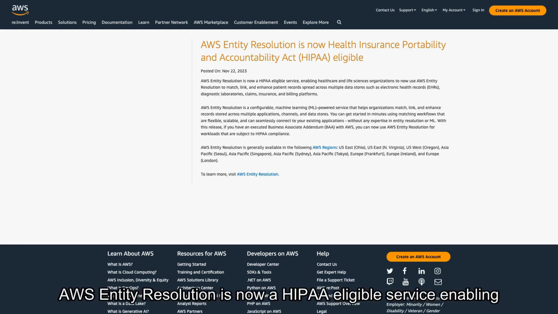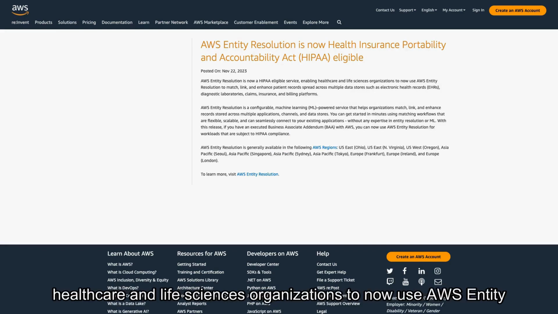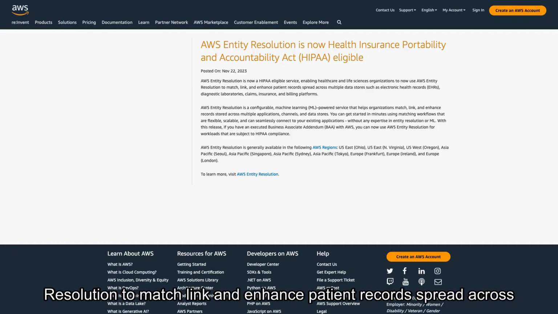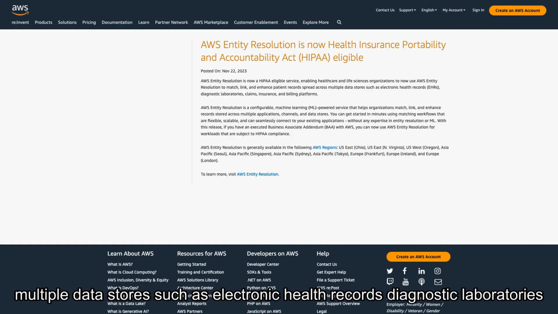AWS Entity Resolution is now a HIPAA-eligible service, enabling healthcare and life sciences organizations to now use AWS Entity Resolution to match, link, and enhance patient records spread across multiple data stores such as electronic health records, diagnostic laboratories, claims,